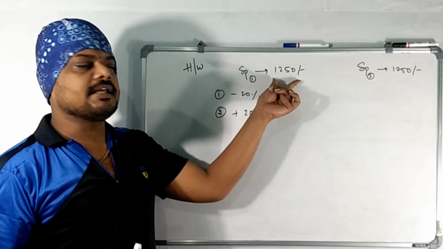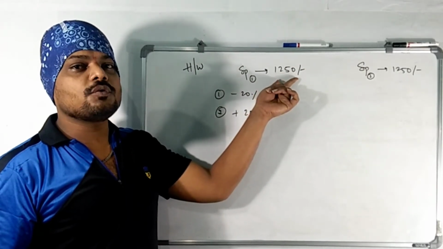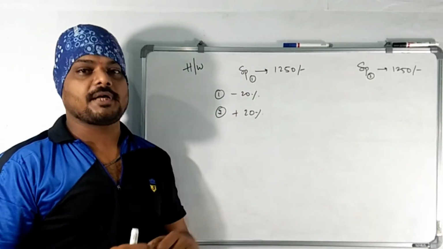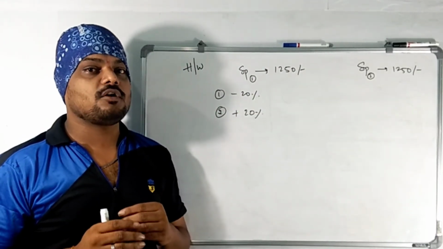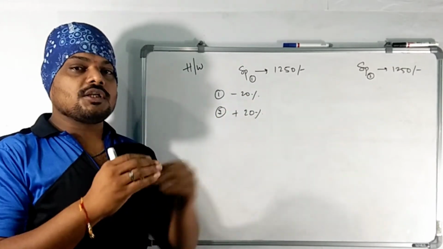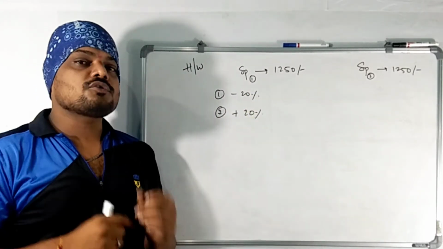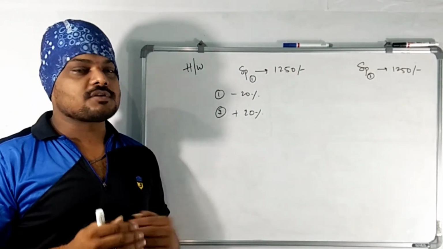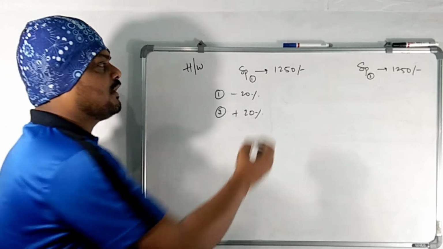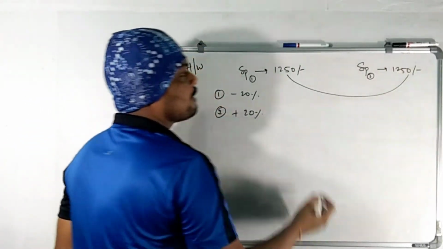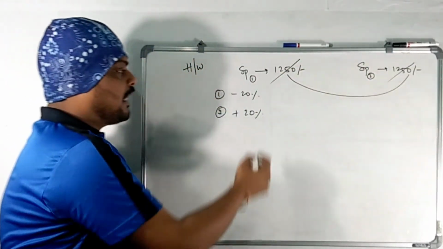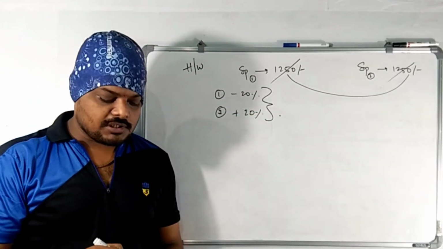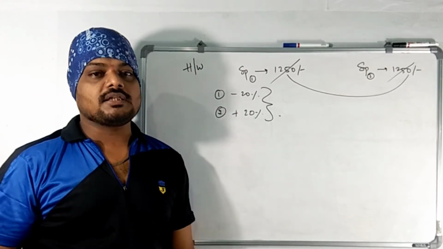But if you see the previous question, these two questions are the same. Here what I did is I just gave you a value of selling price. In the previous question there is no exact value of the selling price. In this question you have a value of selling price. How to solve this question is, don't go through the values. Values are not needed actually. If they are already equal, we have to just erase them and go through the percentages. You will get the answer again as 4%. So try to solve this question, and I am going to take the next question.